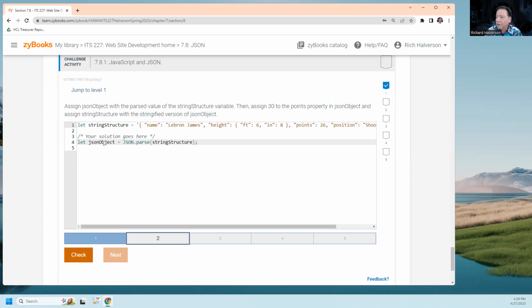Then assign 30 to the points property in JSON object. So then go JSON object dot points. That's this. It's not going to equal 26 anymore. By gosh, it's going to equal 30. Okay, assign 30. And then go back and assign string structure